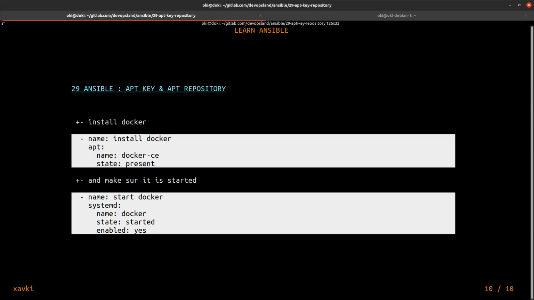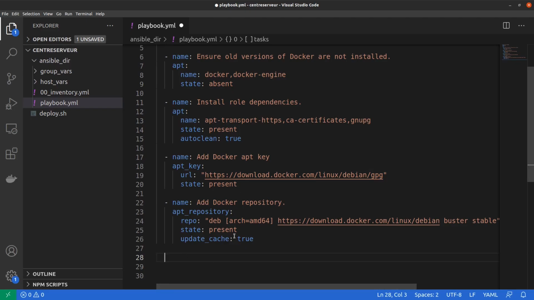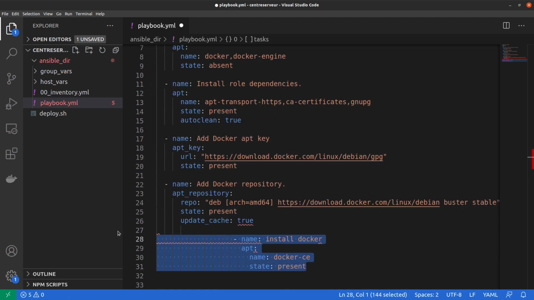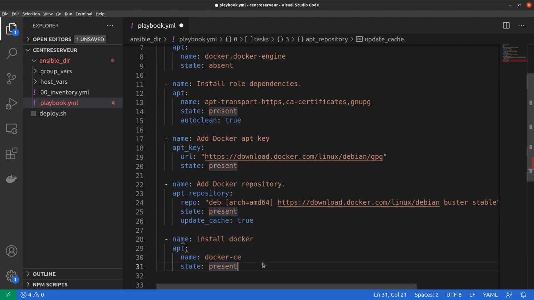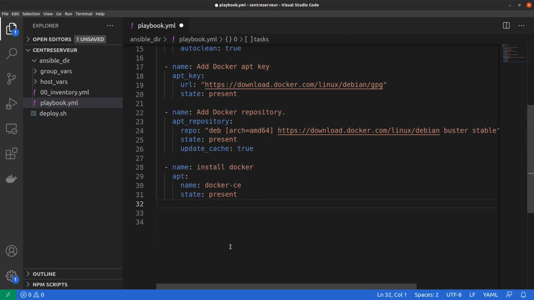And now I want to install Docker, because we have added the repository. And the last task, we just ensure that Docker is started.